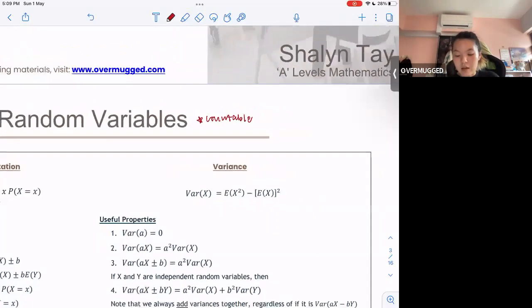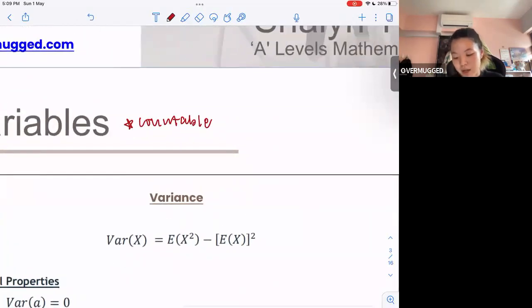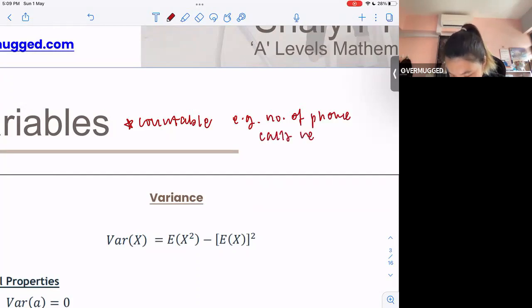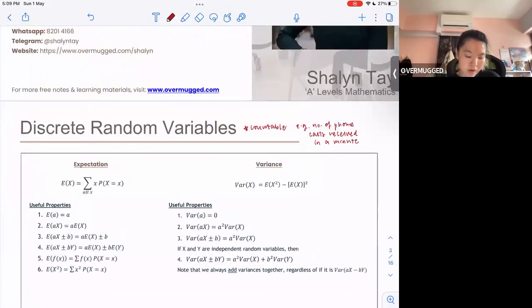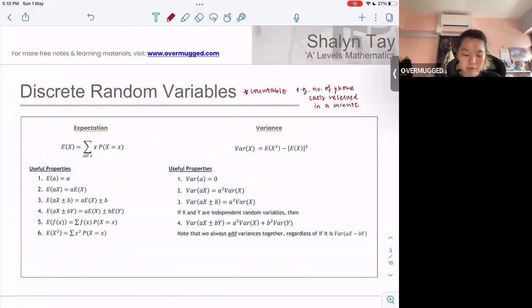Okay, so the example would be very apt, right? Which is, for instance, the number of phone calls we receive in a minute, let's say. Okay. And then, I want to talk a bit about also, because we can't talk about discrete random variables and